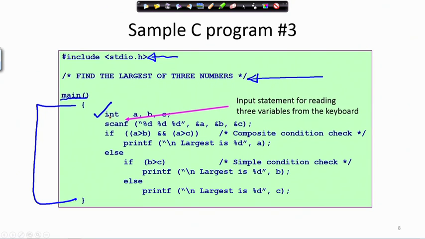The next new thing that is coming up is here, scanf. This is an input statement for reading 3 variables from the keyboard. Now, recall that I said that for every language there is a vocabulary, there is a set of words that the language understands.